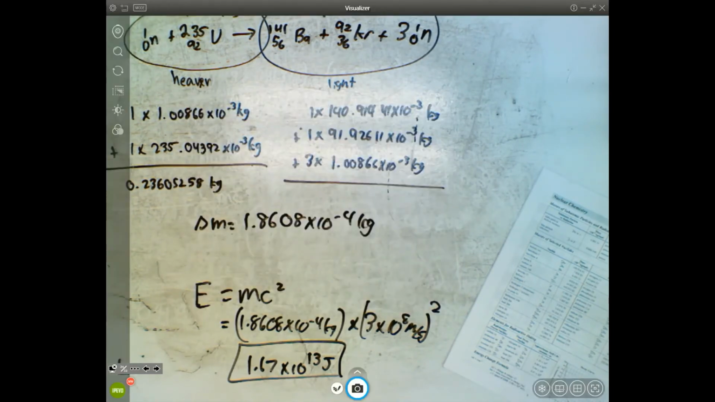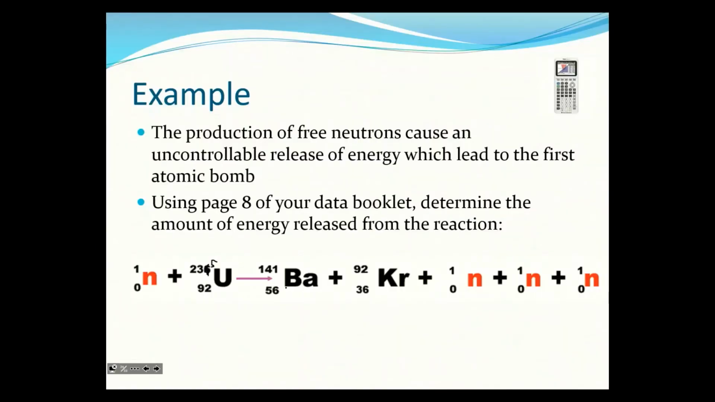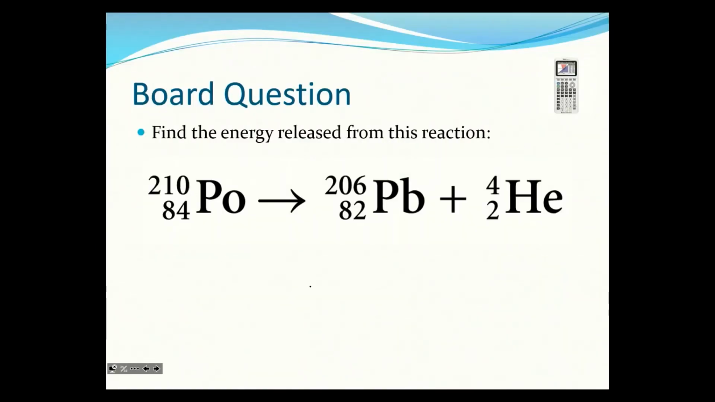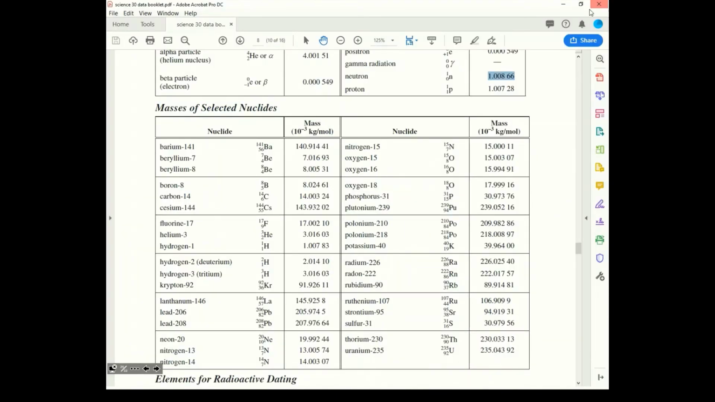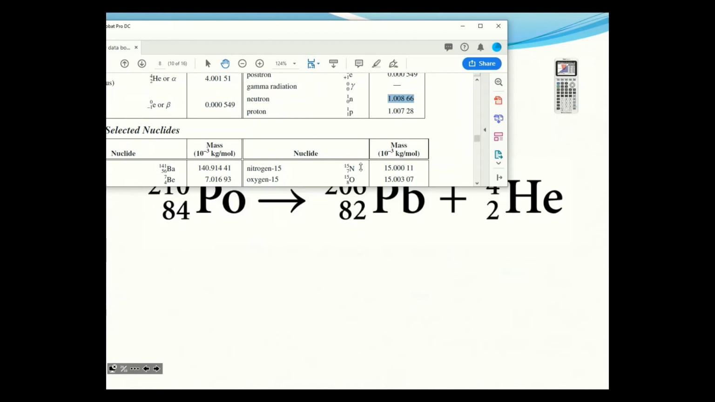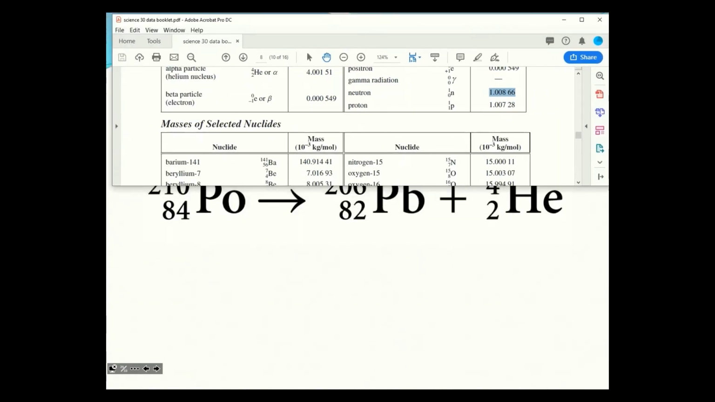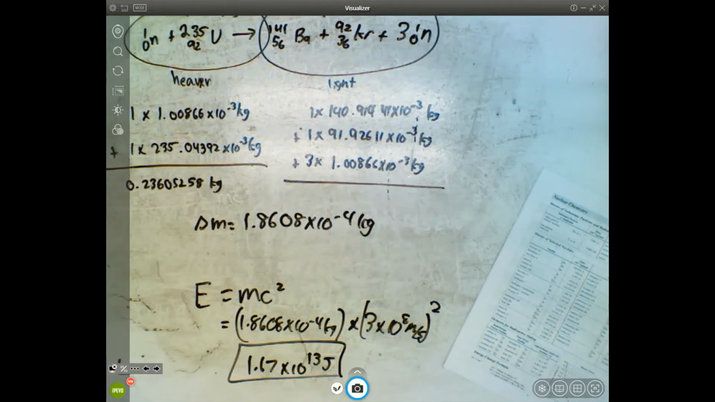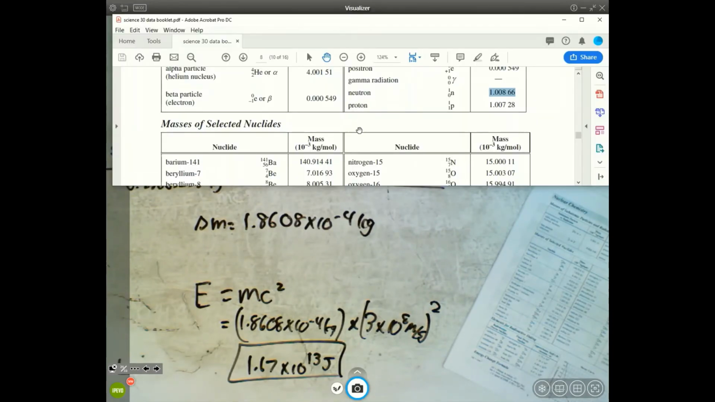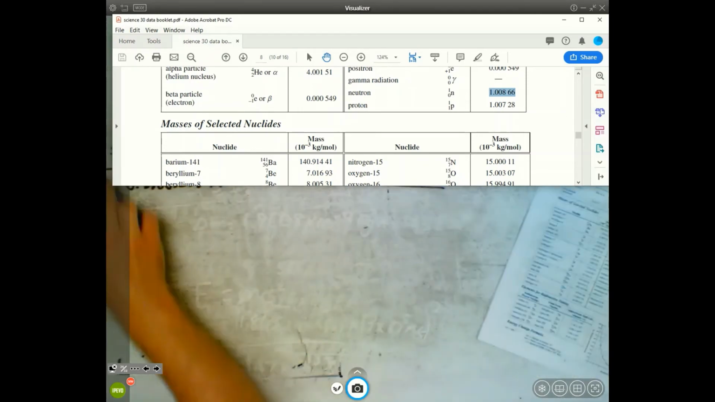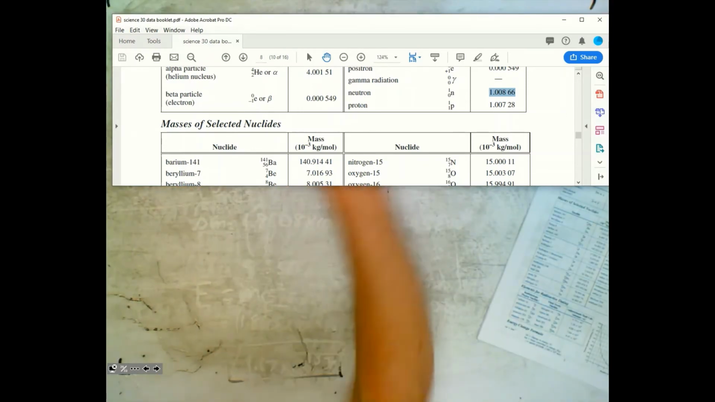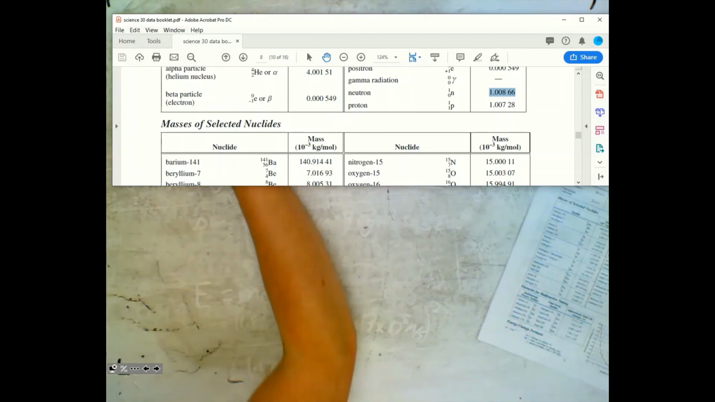So let's try a board question. So pause the video, do this, and see if you can get the right answer. So I'm going to make this smaller so we can see both. Yeah, that's good. So my reaction is